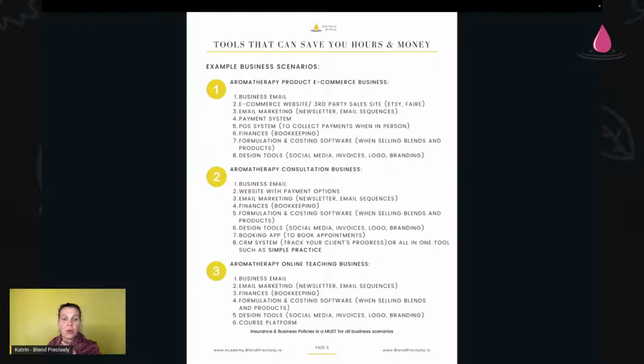That's not where you want to go. You really want to have a business email address, and you could have it then as Katrin at katrinaromatherapy.com, for example. You don't want a Gmail in there. You do not want to have Yahoo in there. You don't want to have AOL in there, if that still exists, actually. You do want to have a business email. And that is the same for all 3 of them.